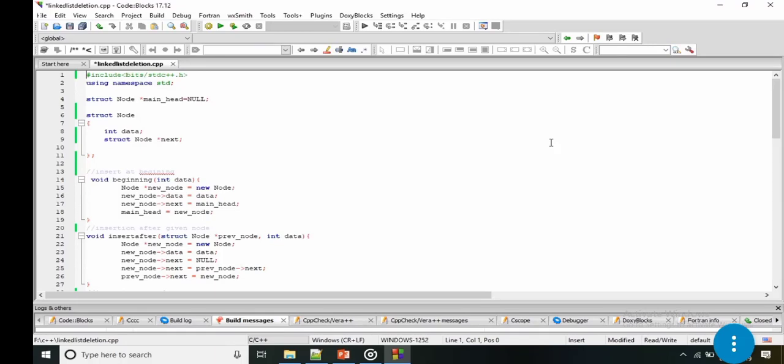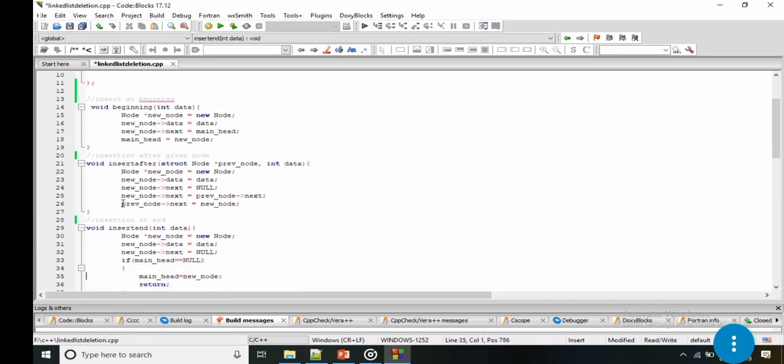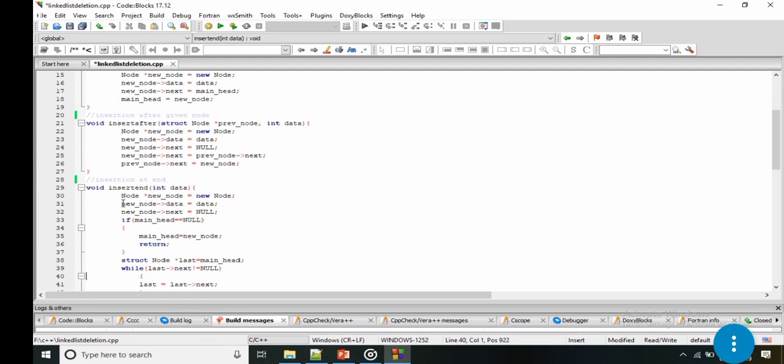In this tutorial, we are going to see the code of insertion and deletion which we have discussed in previous tutorials. So let's see. I have created this main_head as a global variable, which is the head of the linked list. Now these are the functions for insertion at the beginning, insertion after a given node, insertion at the end,